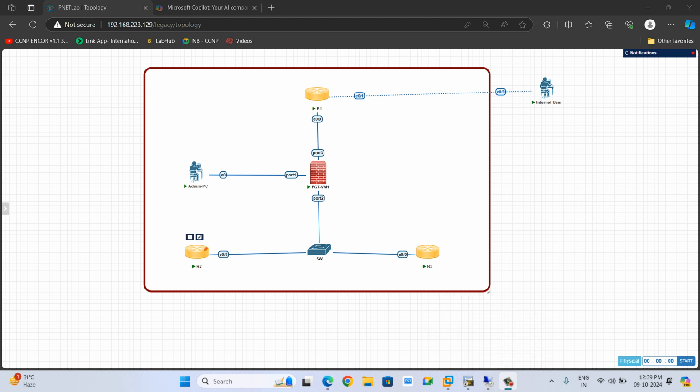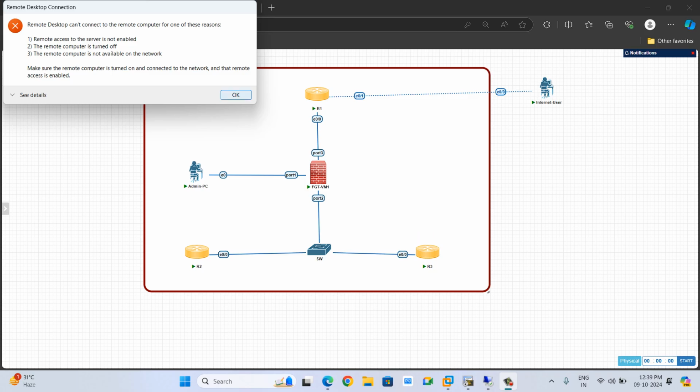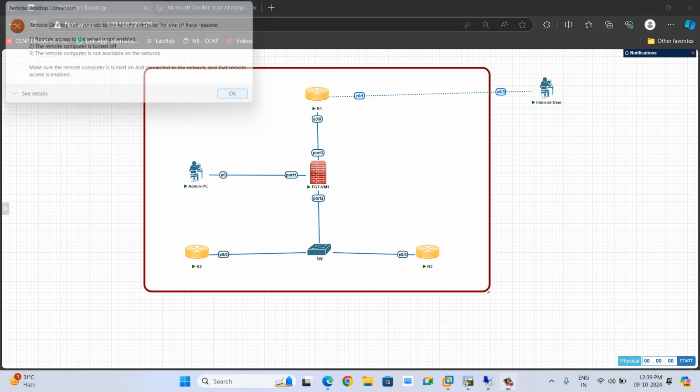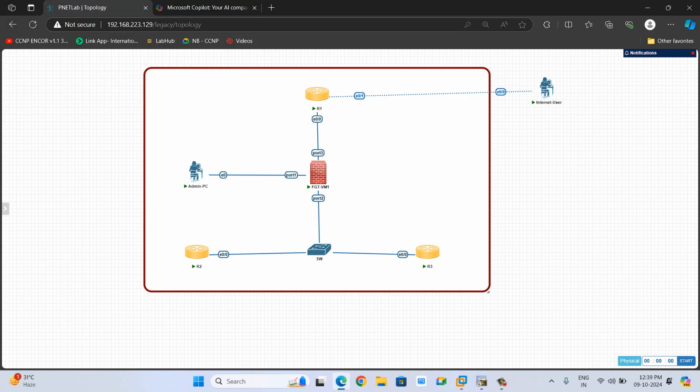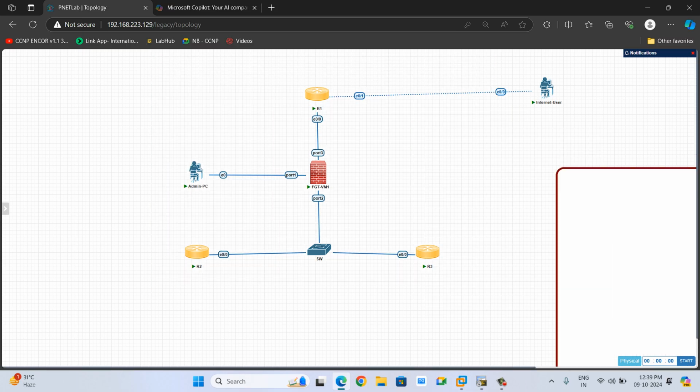So let's do the initial configuration and check. What is this? Okay, good. This is the R1, this is outside, this is outside, this is our inside. So what we are doing here, see,